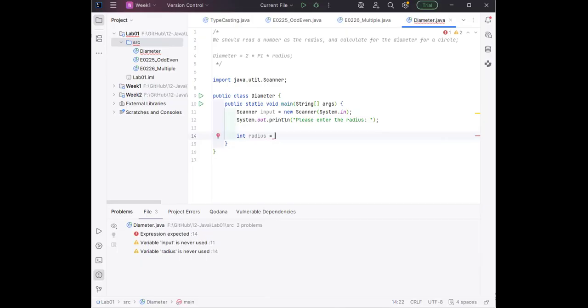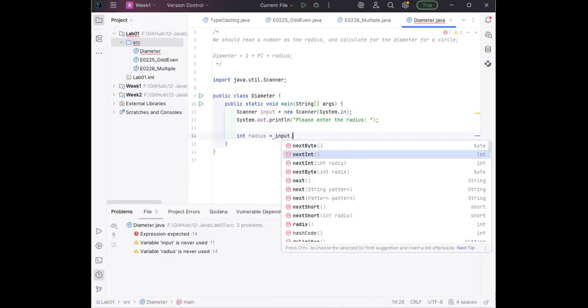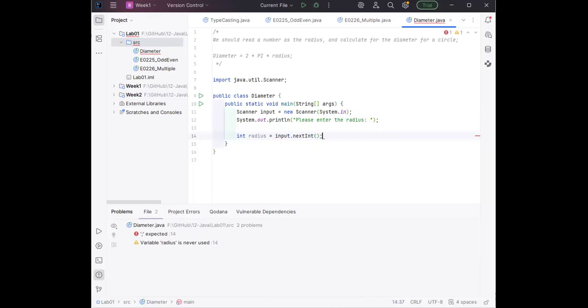And then we use the input, which is the scanner, dot nextInt to get the user input here. Once we get that, we can check to see whether we get the correct thing. The radius is